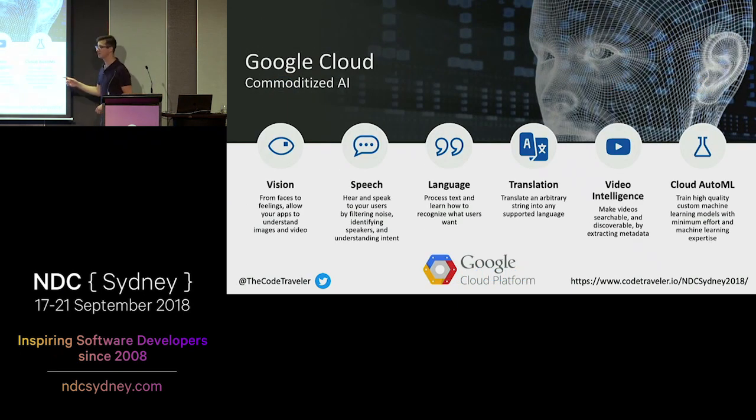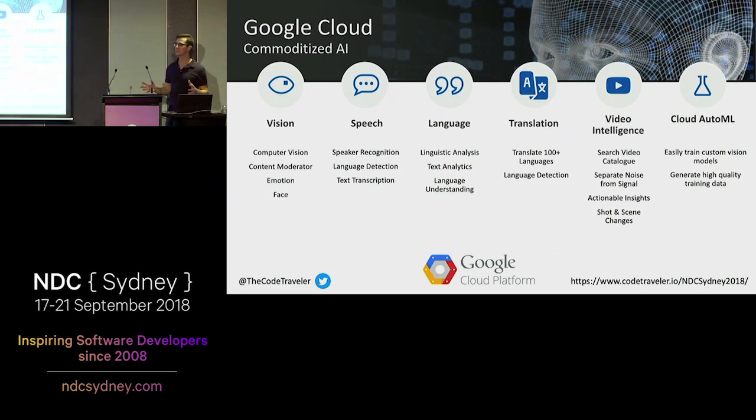And on the Google Cloud side, also super similar. So if you're already using Google Cloud, they have very similar offerings. So computer vision, computer speech, they actually leverage the Google Translate services for if you want to do language translation services. You can leverage the YouTube video intelligence to parse information from videos that you upload. And then even the Cloud ML is where you can actually get into training models and doing crazy stuff like that. And again, tons and tons of services available to us. So I wish we had more time today. We don't.